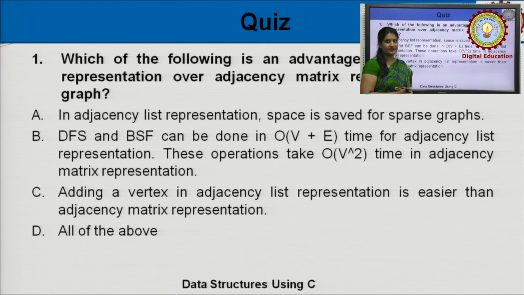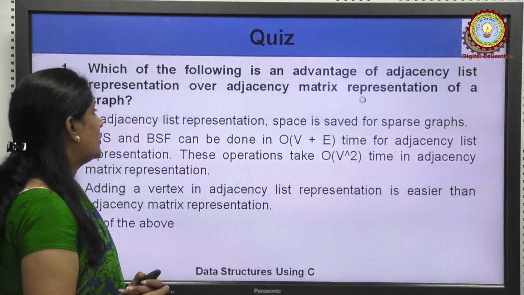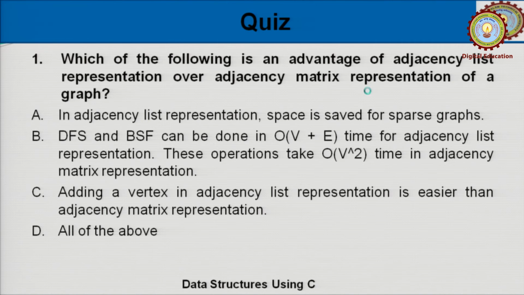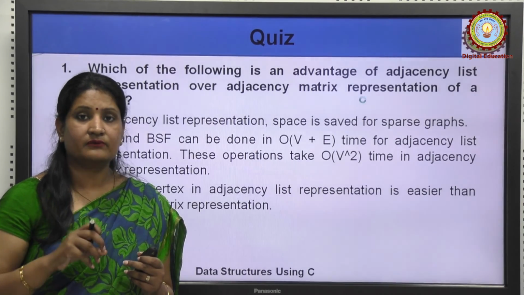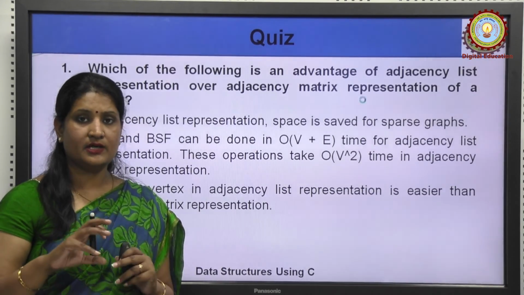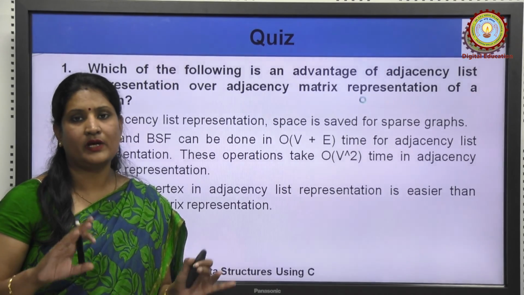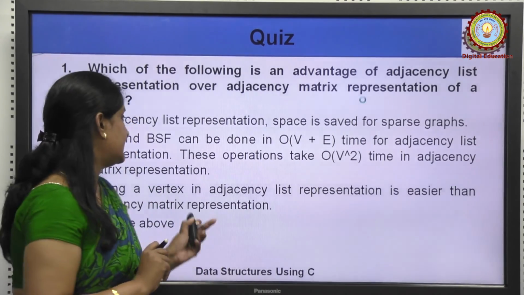Just review the lecture, and try the questions yourself. First is, which of the following is an advantage of adjacency list representation over adjacency matrix representation? Option 1, in adjacency list representation space is saved. Yes, space is saved because in adjacency list we store only those entries that are present in the graph. If an edge is present then there is an entry, if an edge is not present then there will be no zero entry. Option 1 is right. Second,